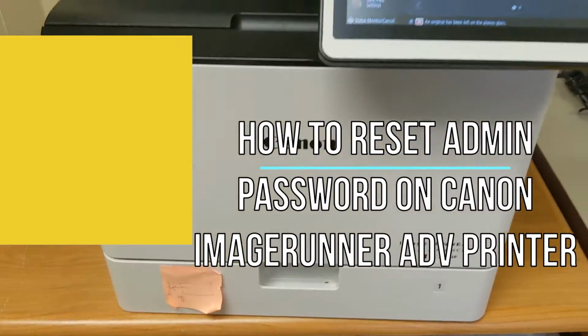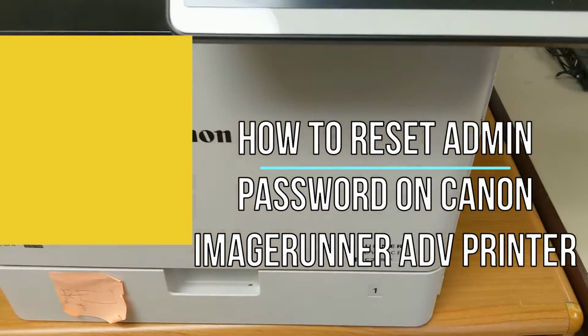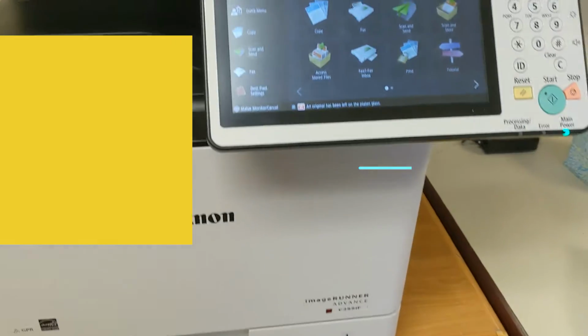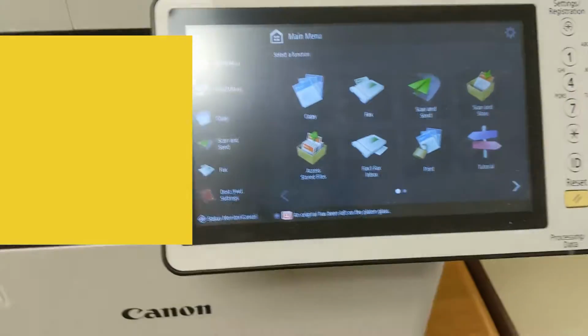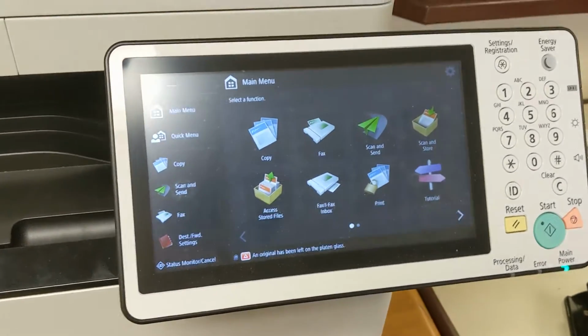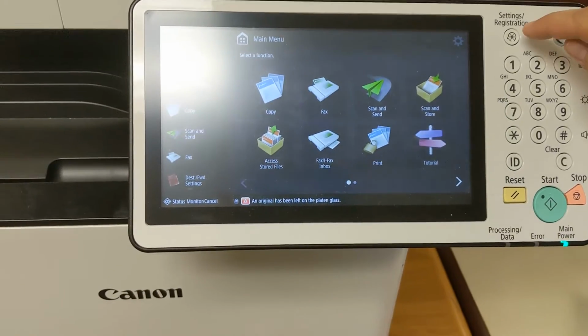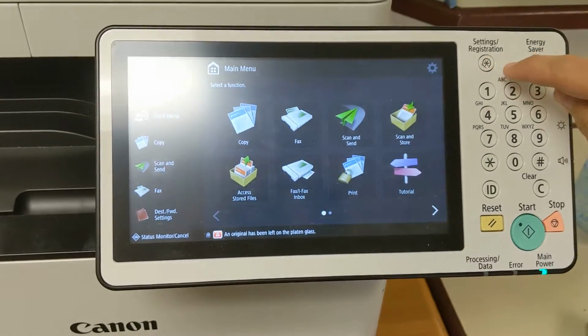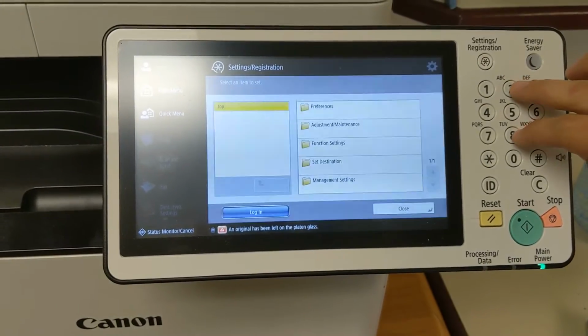Alright, we have a Canon C255iF, and we cannot log in to the administration, so I'm going to show you how to reset that. You go to settings and registration, hit 2 and 8,